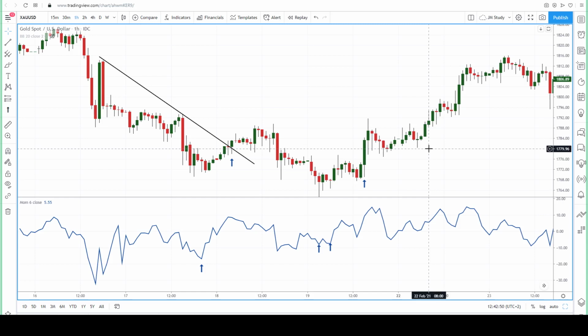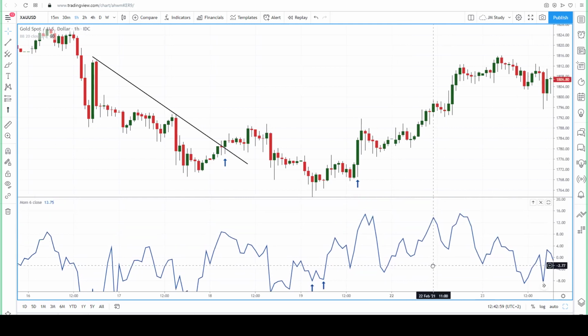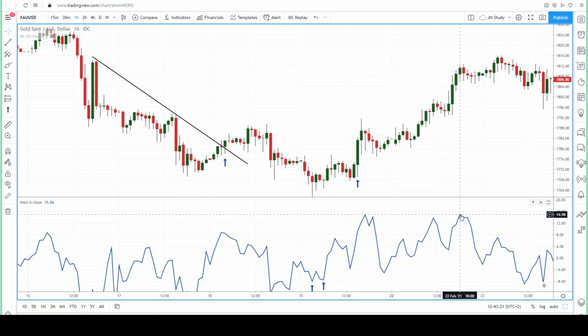And basically we can stay with the same chart. The price is rallying higher, and as you can see here in the momentum oscillator, we have a slight upward sort of drift here. We have a higher low, then we have a higher high compared to this one, we have a higher low, and we have a higher high. But then something else happens. We get